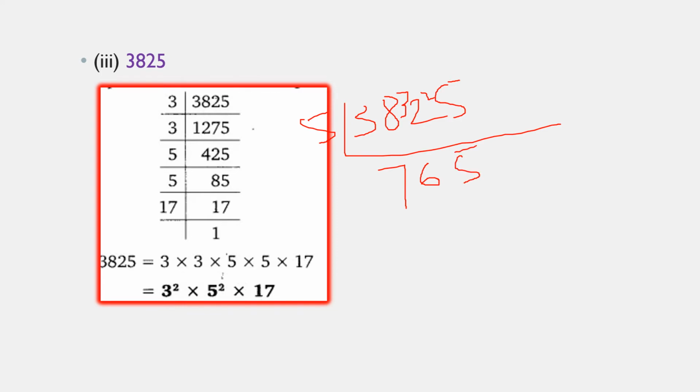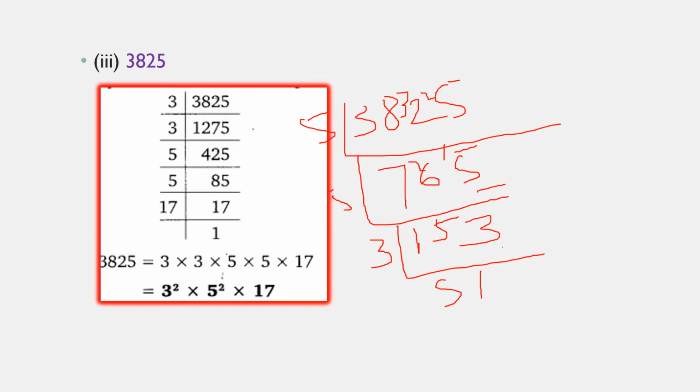Again the last digit is 5, so I can do with 5. So 5 ones 5, 2 here, 5 fives are 25, and here 1, 5 threes are 15. As the last digit is 3, it will not go in 5 table, and it is not going in 2 table also. So let me check with 3 table. You should add all the digits. 5 plus 1 is 6, 6 plus 3 is 9. So 9 is divisible by 3, so it is going in 3 table. 3 fives are 15 and 3 ones 3. 51 means again 5 plus 1 is 6, so I can do with 3 table. So 3 17 times. 17 is a prime number, so I should write 17 ones 17.